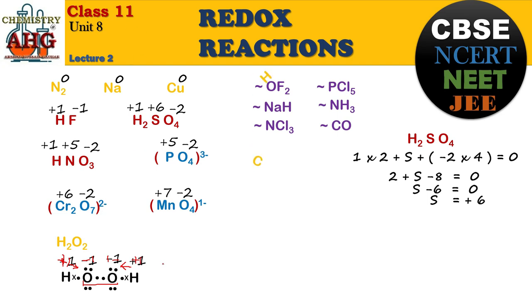Moving on, if you have been given an organic compound like methanol, what will you have to do in this case? How can you find the oxidation number of each element? Again, identify whether there is any highly electronegative element. Yes, that is oxygen. So what should the oxidation state of oxygen be? Negative, and it should be -2. Now hydrogen will be positive because it is less electronegative. This hydrogen would also be +1.